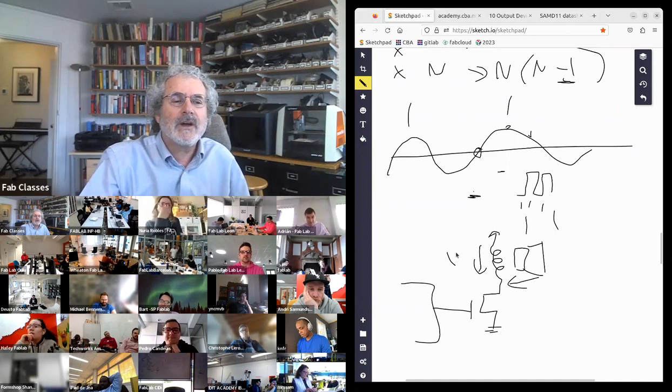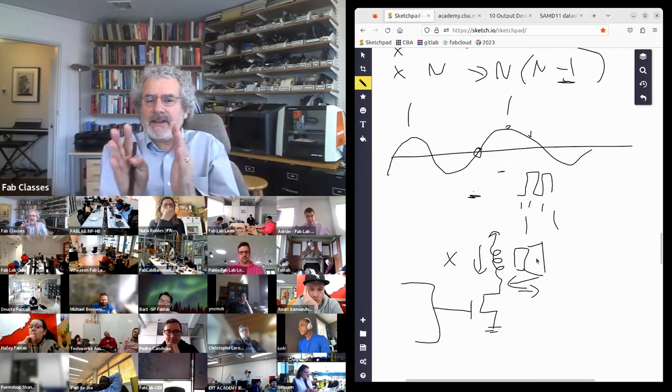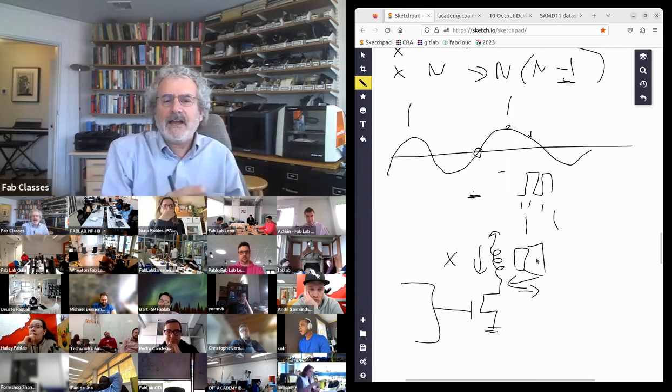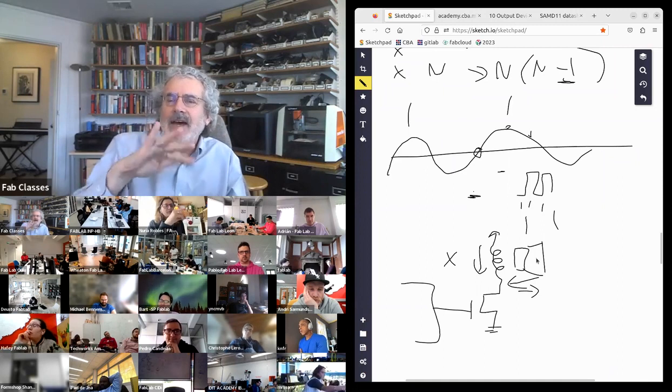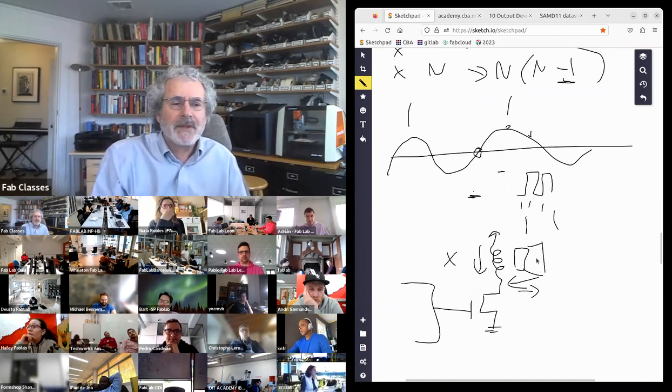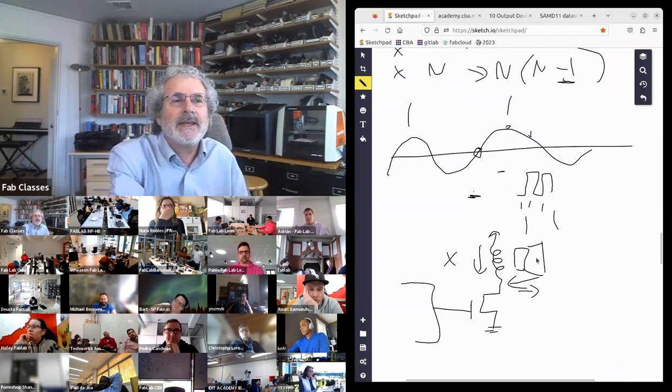When I turn the current off, the speaker just mechanically comes back. So in fact, the speaker isn't centered. I've got it off center. And so it's not driving the speaker optimally, but it's a simple way to do it,